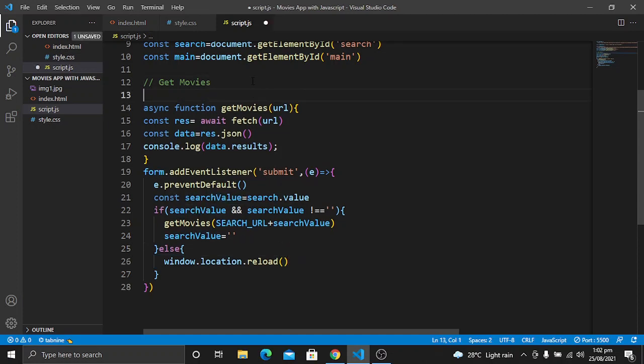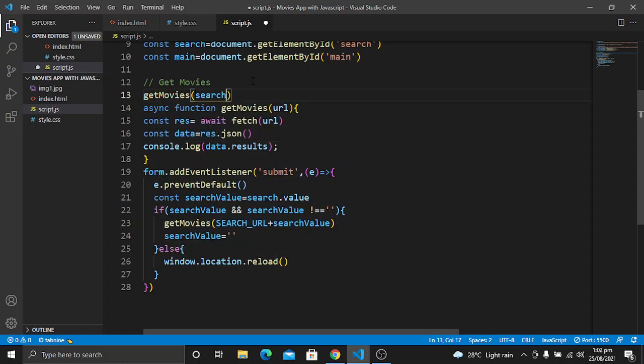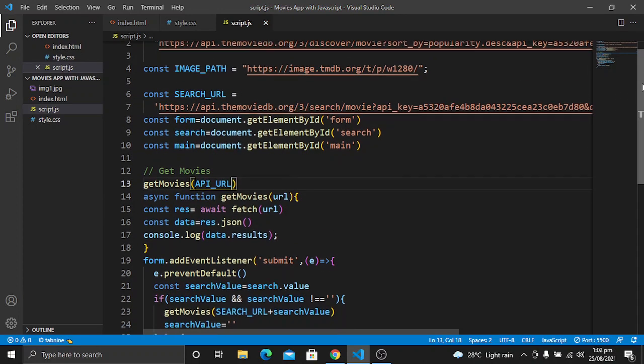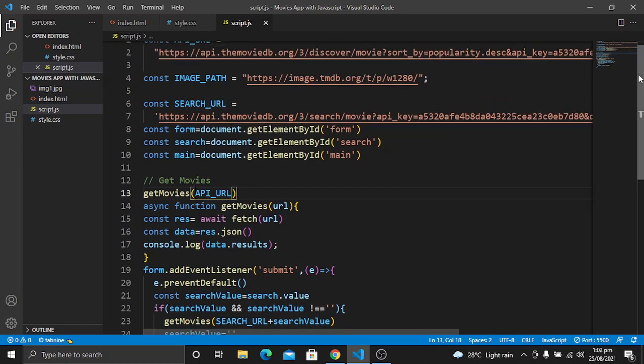We also want to run this get movies function here at the beginning of the app, and the URL will be the API URL. So when our app loads, this function will run, and we will pass this API as an argument.